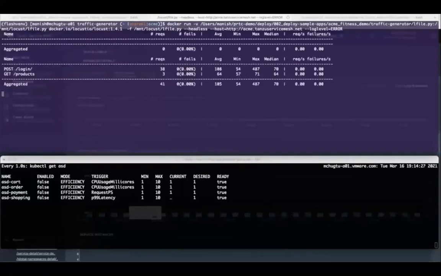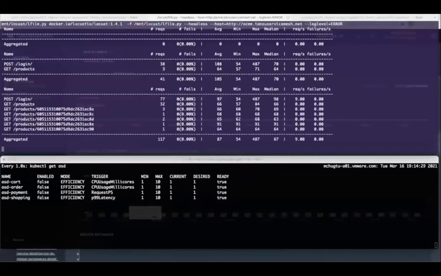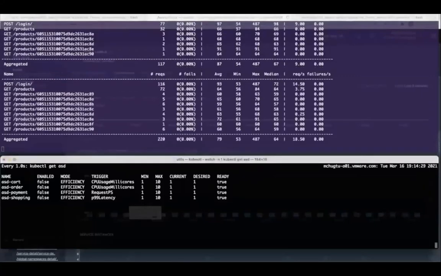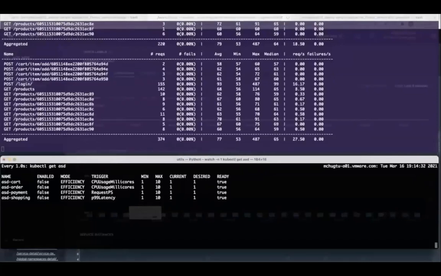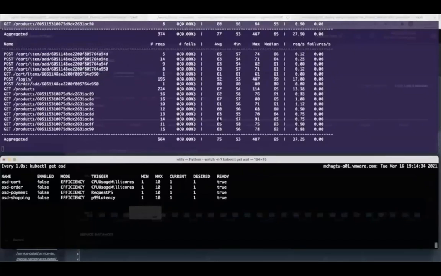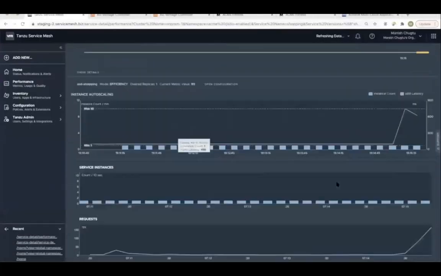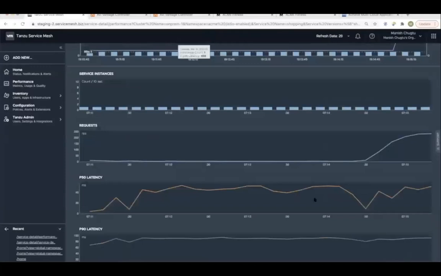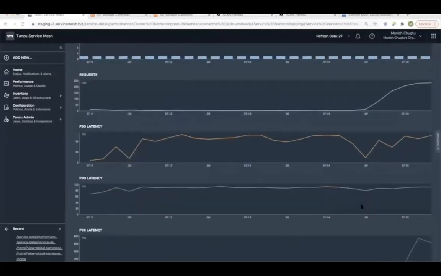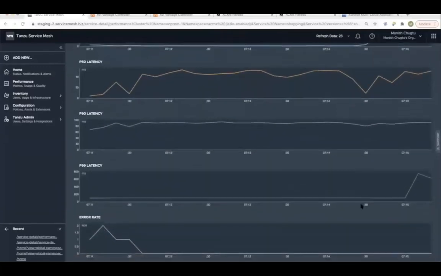Now let's go back to the performance view of the service and check if this traffic has any effect on the service level indicators and hence the SLO of the service. We can already see how it's affecting the requests per second. P99 latency seems to be increasing, and it seems to have crossed the threshold. We can also see that SLO has turned from green to yellow,